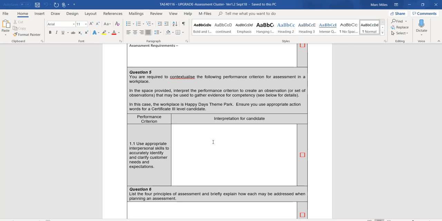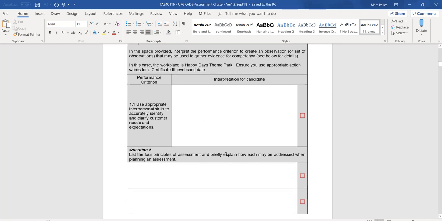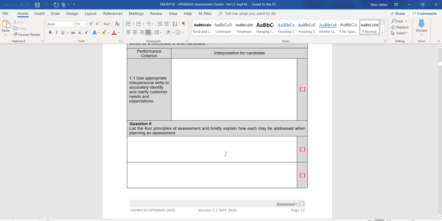Okay. So what we're trying to do is create a statement that would effectively assess this item here. Question 6, list the 4 principles of assessment and briefly explain how each may be addressed when planning an assessment. As many of you would know, the principles of assessment are validity, flexibility, reliability,